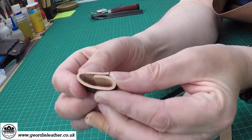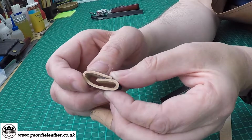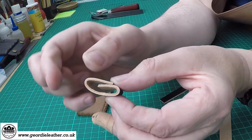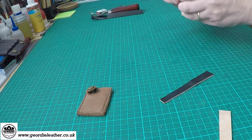You can see when those two pieces of leather overlap, it makes the piece where they overlap quite thick, which is not ideal. So we're going to skive this little area here on both ends, so that when you bring those together, it'll be the same thickness as the rest of the leather. So to do that,